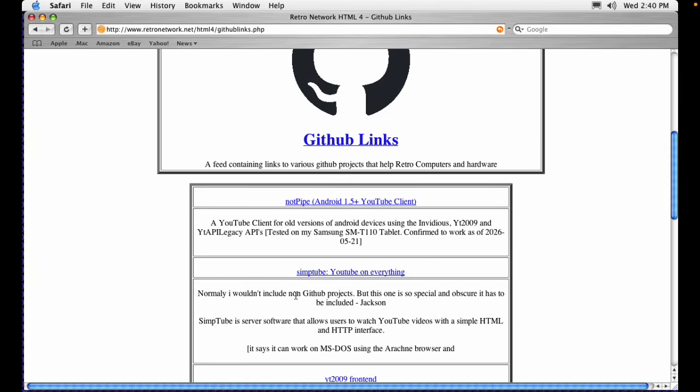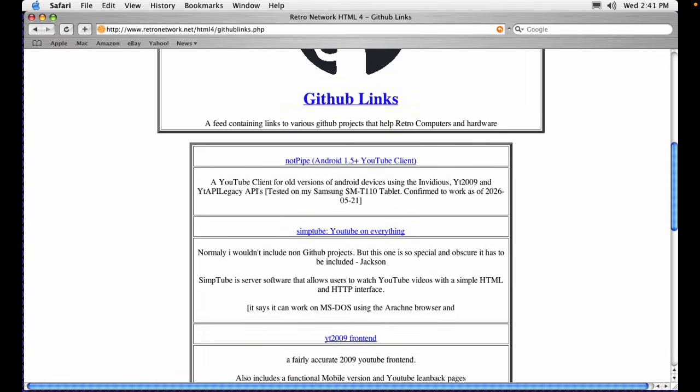Normally I wouldn't include non-Git projects, but this one is so special and obscure it has to be included. Jackson SIMP2 is server software that allows users to watch YouTube videos with a simple HTML and HTTP interface. It says it can work on MS-DOS using the Aratan browser and